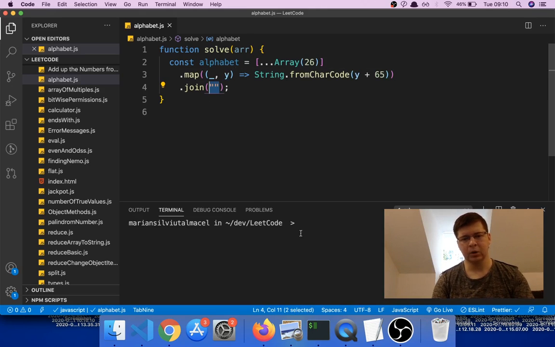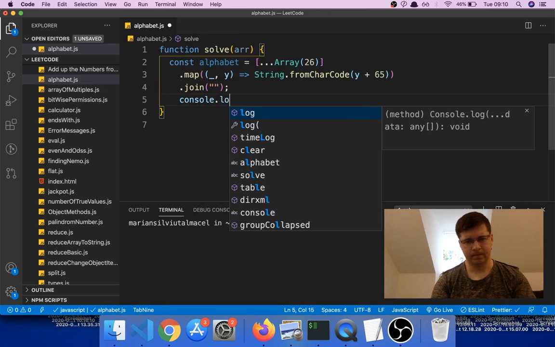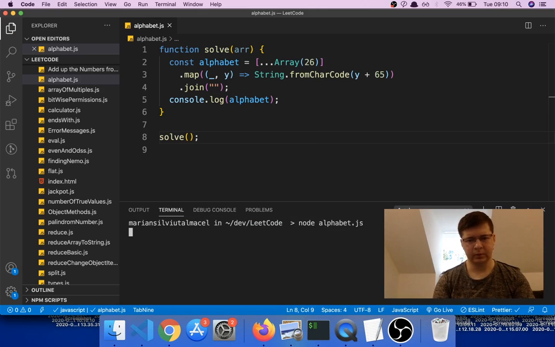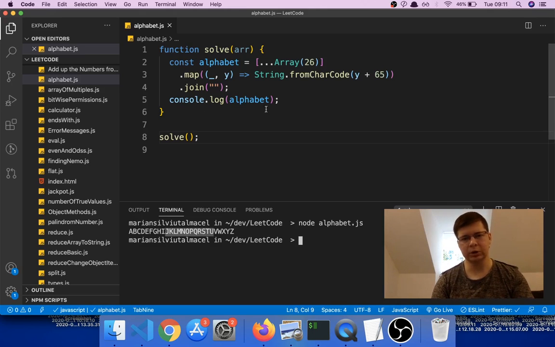So if we console log alphabet, now we would have to run the function solve to actually get the console log. So node, and we get the alphabet. It seems we're getting it in uppercase, but it doesn't really matter because we can lowercase it when we check, right? So we have the alphabet in here,